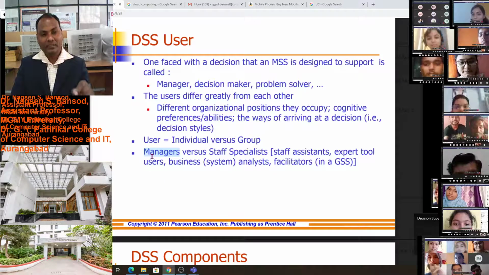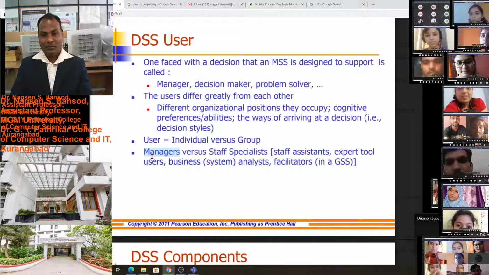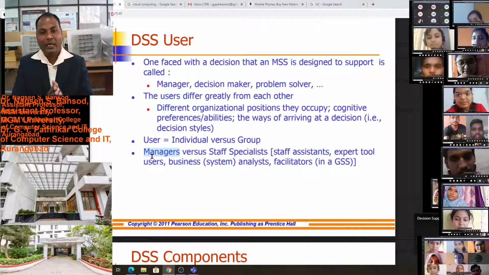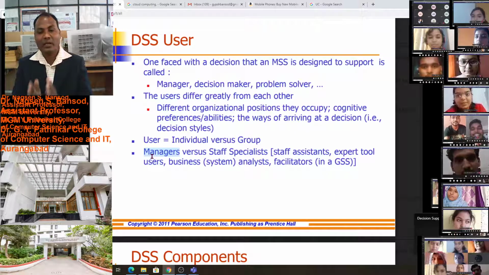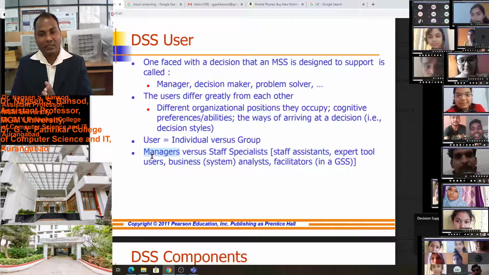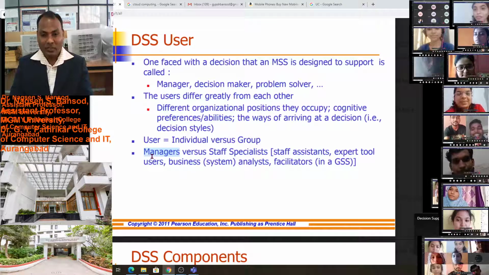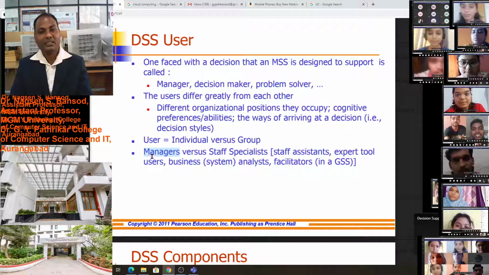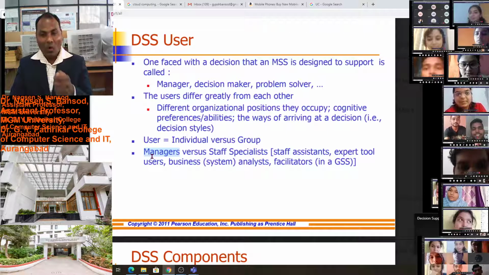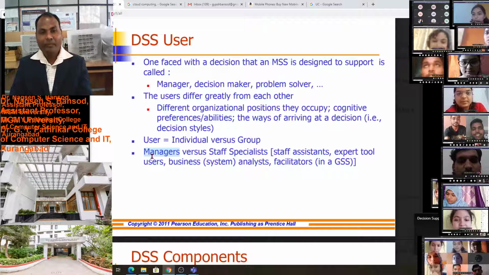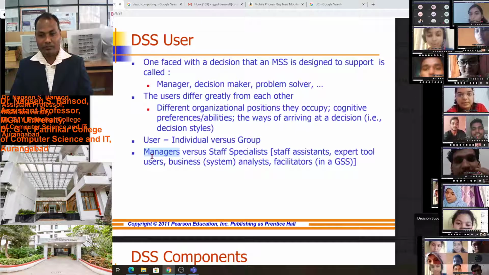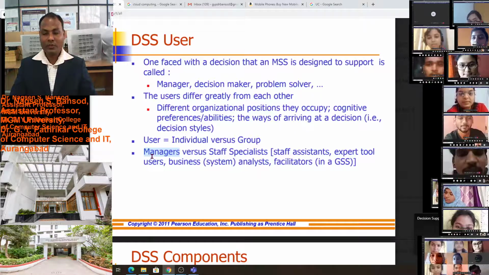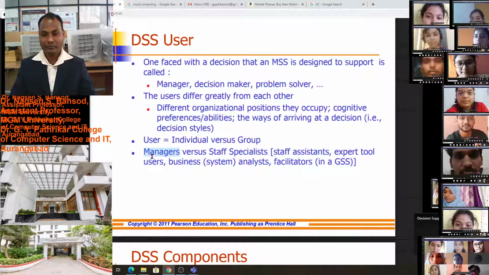All that the manager will find. These are the advantages of the decision support system to the manager, as well as to the staff specialist, the staff assistant, the expert tool user, the business analyst, the facilitator, manager, decision maker, and problem solver. All will get the benefit of the decision support system. Is it clear now? Is it understood now? Yes, sir.